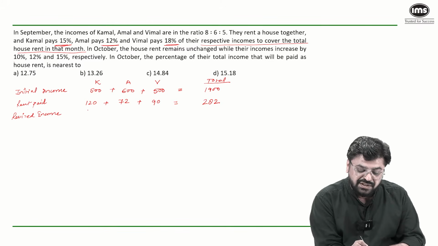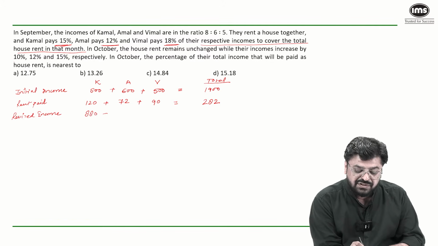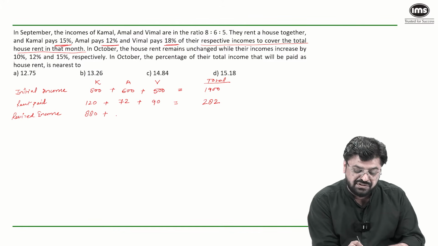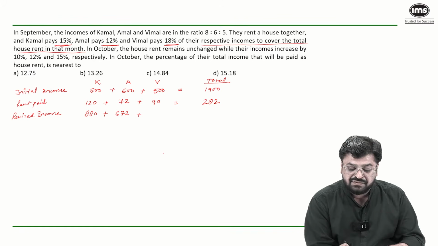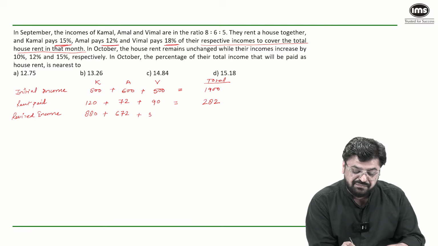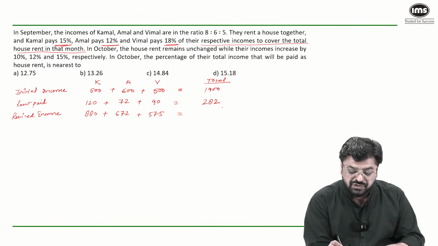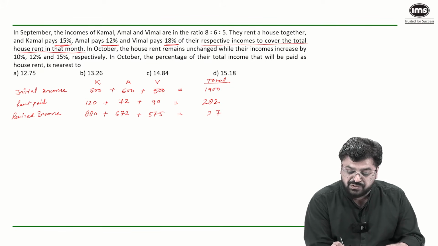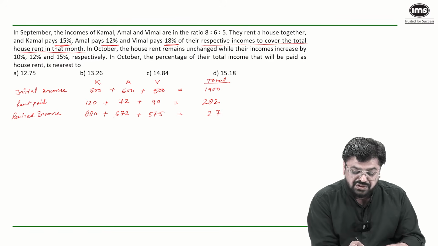would be, for Kamal it is increasing by 10%. 800 plus 10% is 880. For Amal it is increasing by 12%, which means it will become 672. And for Vimal it is increasing by 15%, which means it will become 575. So the total income would be 5 plus 2, 7, 7, 7, 14 plus 8, 22, carry 2, 10, 16,